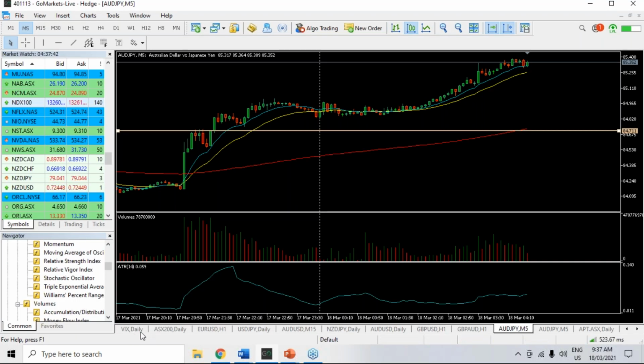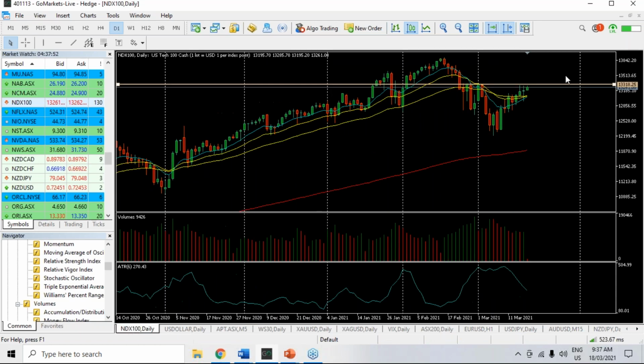So then we have a look at our charts, and we'll start with the major indices just to get context, because we know that what happens in the S&P 500 and the Nasdaq tends to drive things. We're going to have a look at the Nasdaq data first, because this is interesting. This has underperformed the other indices of late, had that big correction of 11% when bond yields became an issue. Since then, of course, we've got a move higher. I've marked 13,320 on this as an important level, and you can see we've tested that already in trading this morning. In fact, we have over the last 3 days.